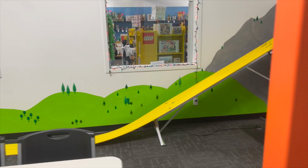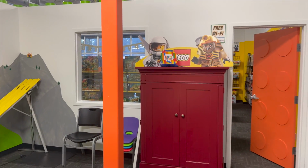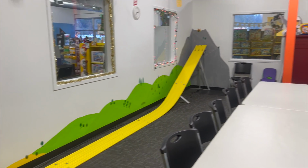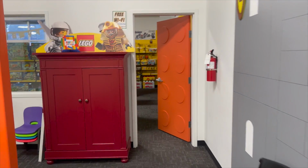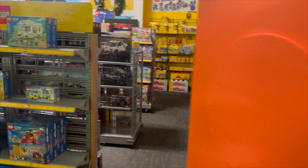Really cool to see those classic castle nods there, as well as, of course, a full racetrack, kind of similar to the ones you'll see at Legoland Discovery Centers. In here, they've got all sorts of fun LEGO displays as well as tables for kids to play, so that definitely is something that makes a lot of sense to have inside a store like this, especially because there's just so many LEGO bricks available in bulk that it definitely would be a missed opportunity not to host birthday parties here. But then moving on outwards, we can take a look at some of the other treasures inside the